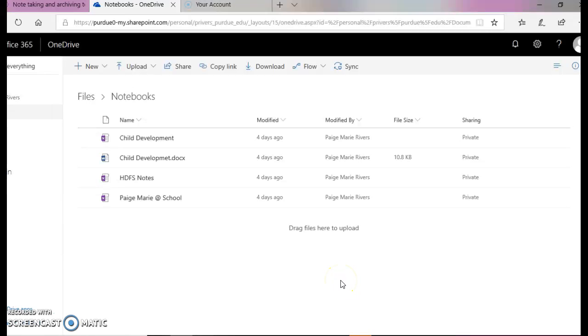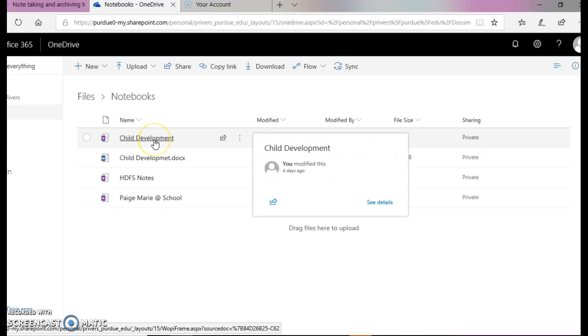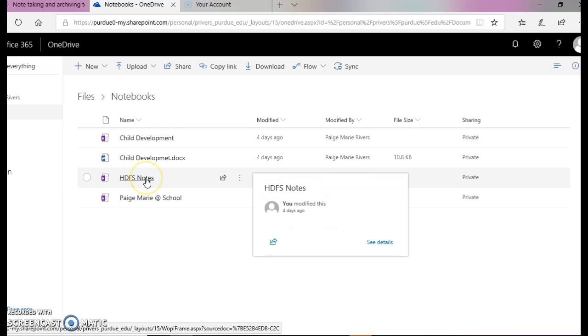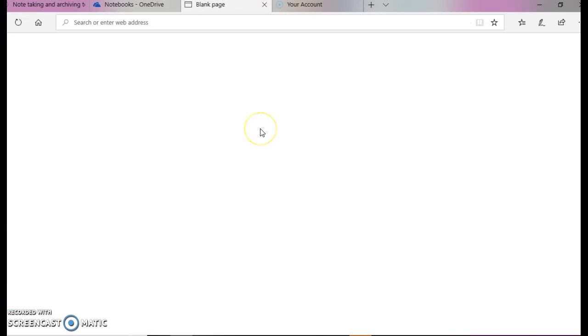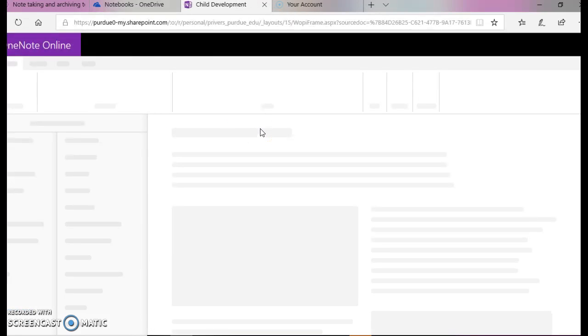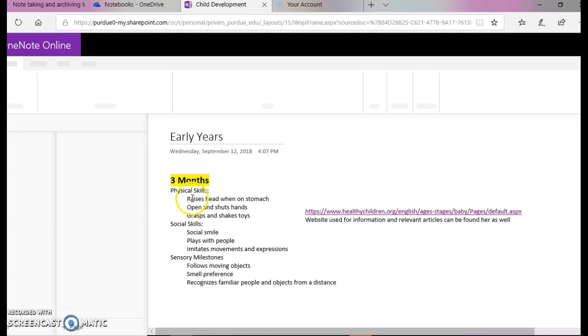To do my notebooks, I chose to use OneDrive. I have a notebook for my child development, which is my theme for EDCI, as well as another notebook for my HDFS notes. In my child development notebook, I have some notes that I've found from my website, as well